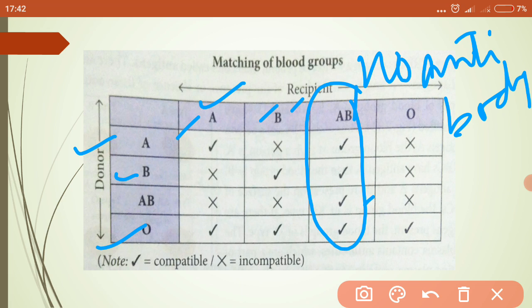So other than taking care of the ABO blood group, we have to take care of the Rh factor, that is, whether it is present or not. If both of them are positive, very nice. If both of them are negative, very nice. They should not be mixed in the way that Rh positive blood should not be transfused into an Rh negative recipient. Is it clear to all of you?